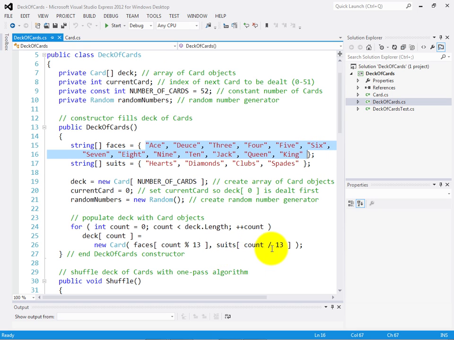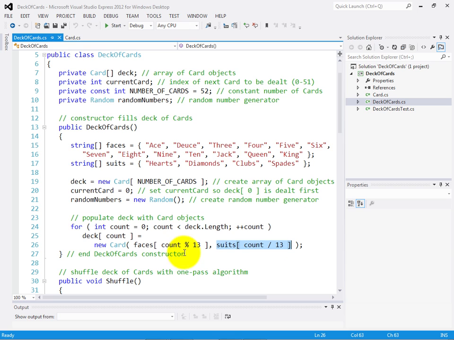And when you divide count by 13 using the division operator, suits sub count divided by 13, count divided by 13 in that case will always result in an integer value, and if the value of count is 0 through 12, the value of the expression here is going to be 0, so we would pick off suits sub 0. For the next 13 cards, we'd pick off suits sub 1. For the next 13 cards, suits sub 2. And for the last 13 cards, suits sub 3, which would be the string spades in that case.